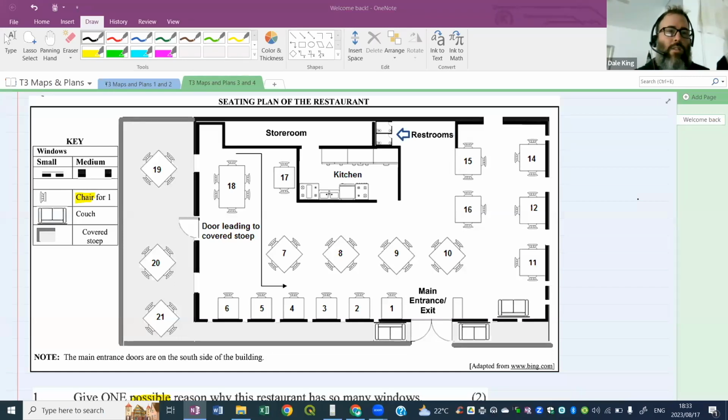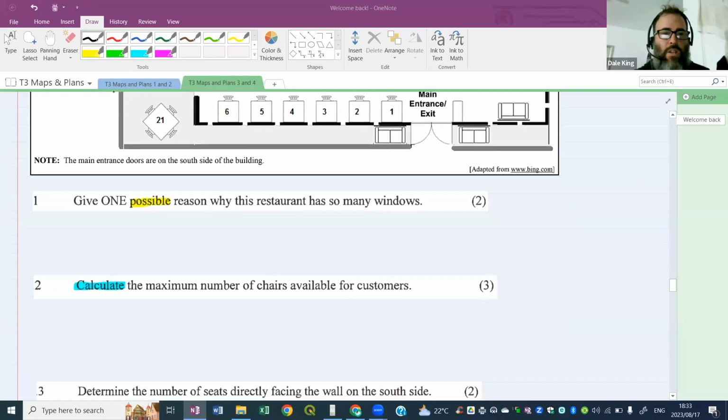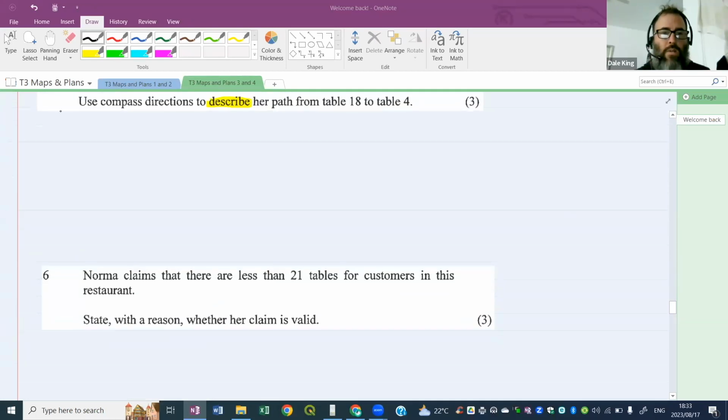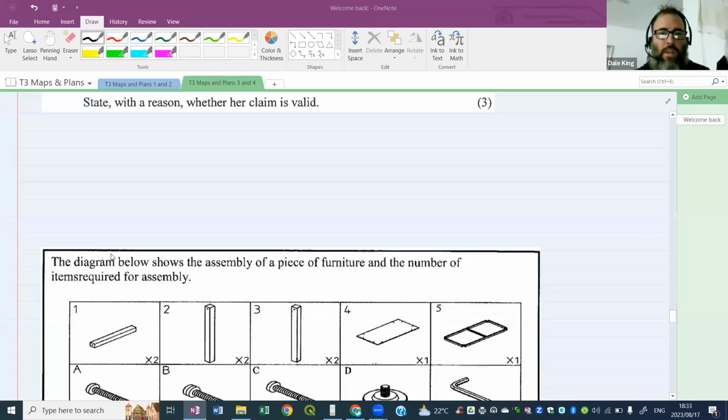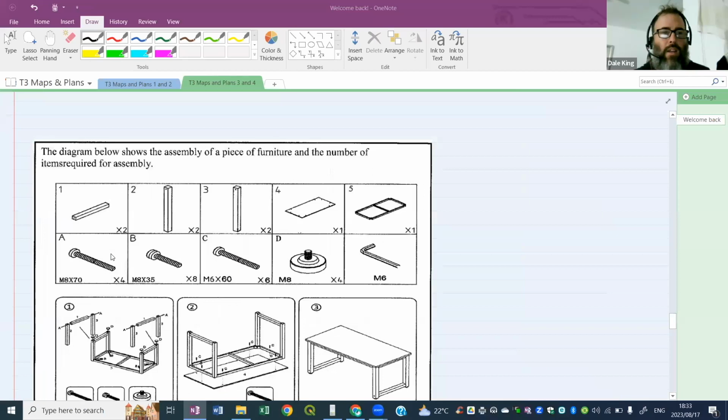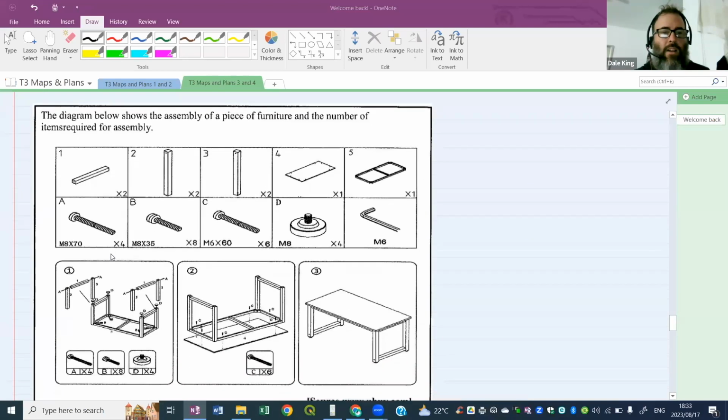Come on. Why do they do this to us? You know what? It's also the last question. Why do they do that for the last question? That's the last question in this exam section, this question 6. Sneaky. So we must learn from this and make sure that we count and make sure about the questions, eh? All right, let's move swiftly along